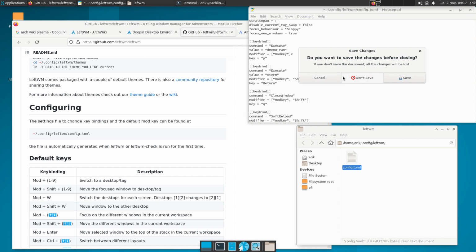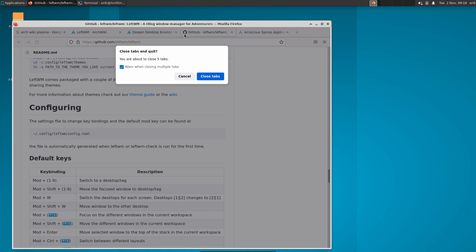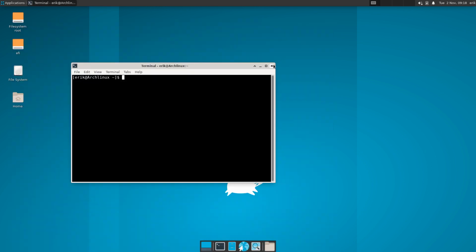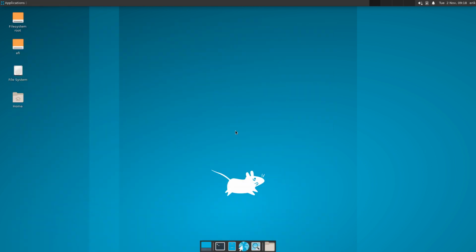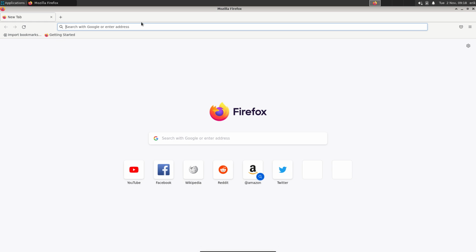information. Don't save is good. What else? I think it's time. So this is what you do if you're an adventurer, right? If you want to learn and build up things from scratch, that's a workflow that could be done. First, have a desktop, have a tiling window manager, figure out the configurations. Another great tip, don't be ashamed, is go and have a look at the GitHub